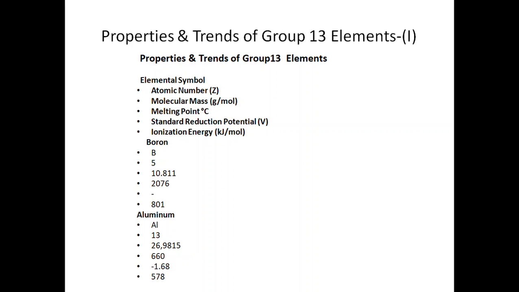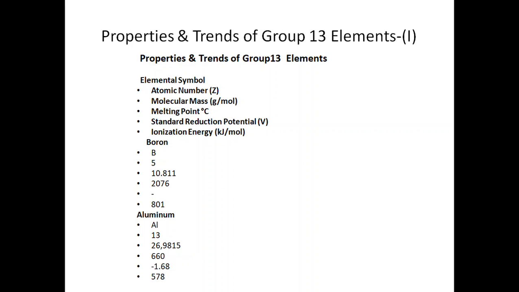Boron, symbol B, atomic number 5, atomic mass 10.811, melting point is very high, that is 2076, reduction potential is negligible, ionization energy is 801, which is very high. Then aluminium, symbol Al, its atomic mass 26.9815, melting point 660, reduction potential -1.68,